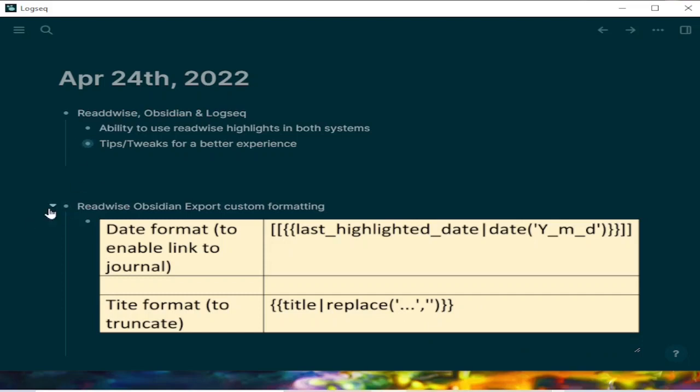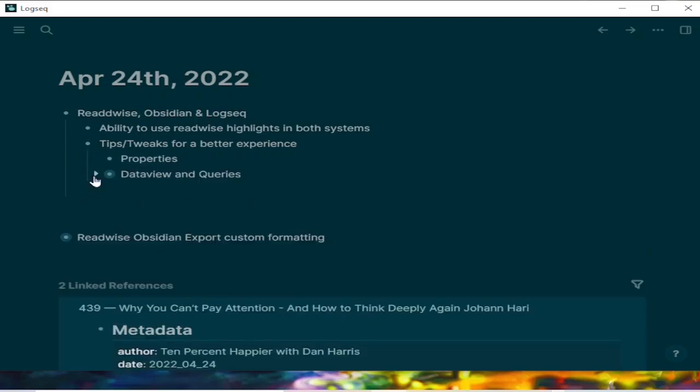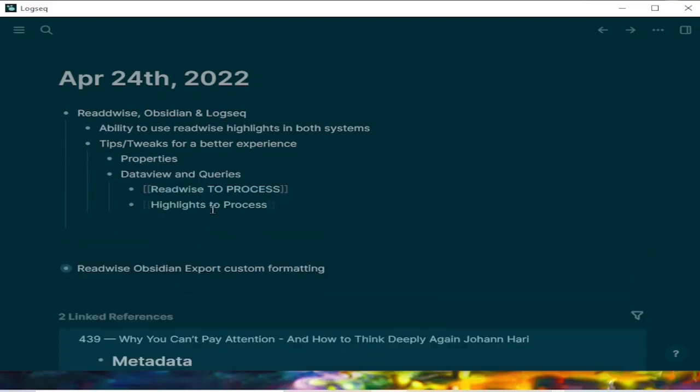So these will be in the video description if you want to use them easily as a copy paste. And let's go to the query page. So this was the Obsidian page for the data view. So we won't go there, but if I go to the query page, same as highlights to process,